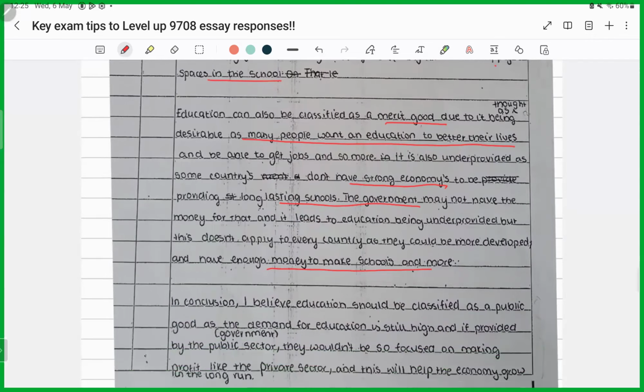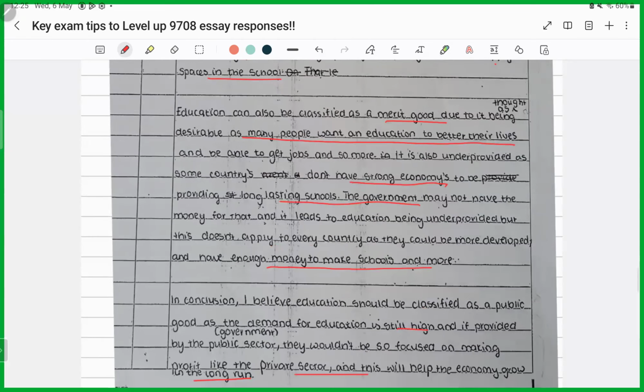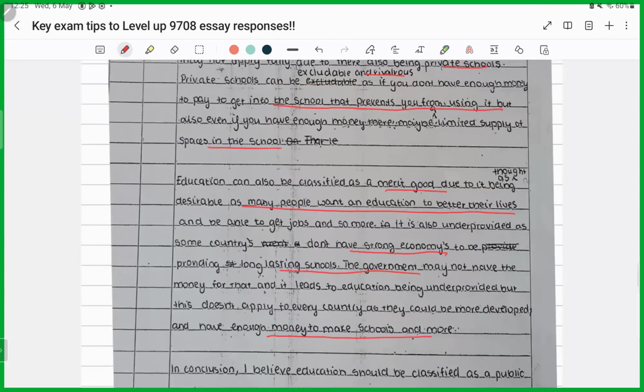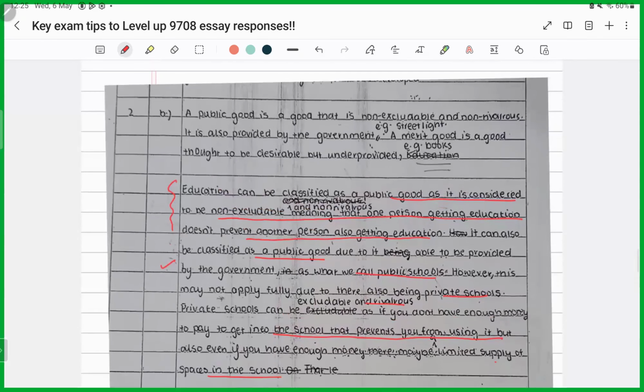In conclusion, I believe education should be classified as a public good as the demand for education is still high and provided by the public sector, so it wouldn't be focused on making profit like the private sector, and it will help the economy grow in the long run. So now if you look at the candidate's answer, there are certain elements, certain evidences that give you glimpses of